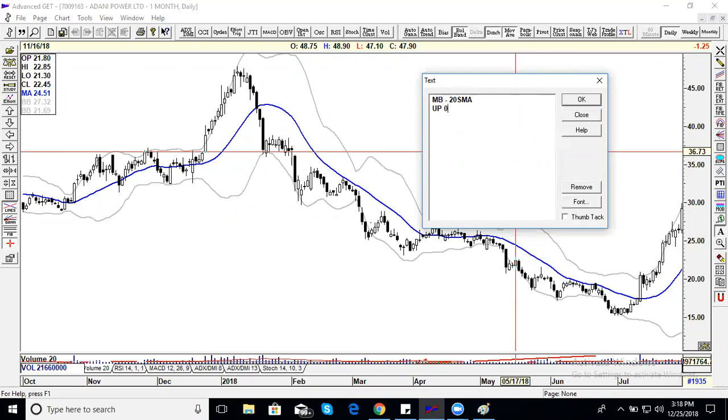Upper band is what? It's the 20 period SMA plus the 2 standard deviation, and the lower band is the 20 period SMA minus the 2 standard deviation. I'm sure you know how to calculate the 2 standard deviation move, mean, mode, and all those things, right? X minus X bar.